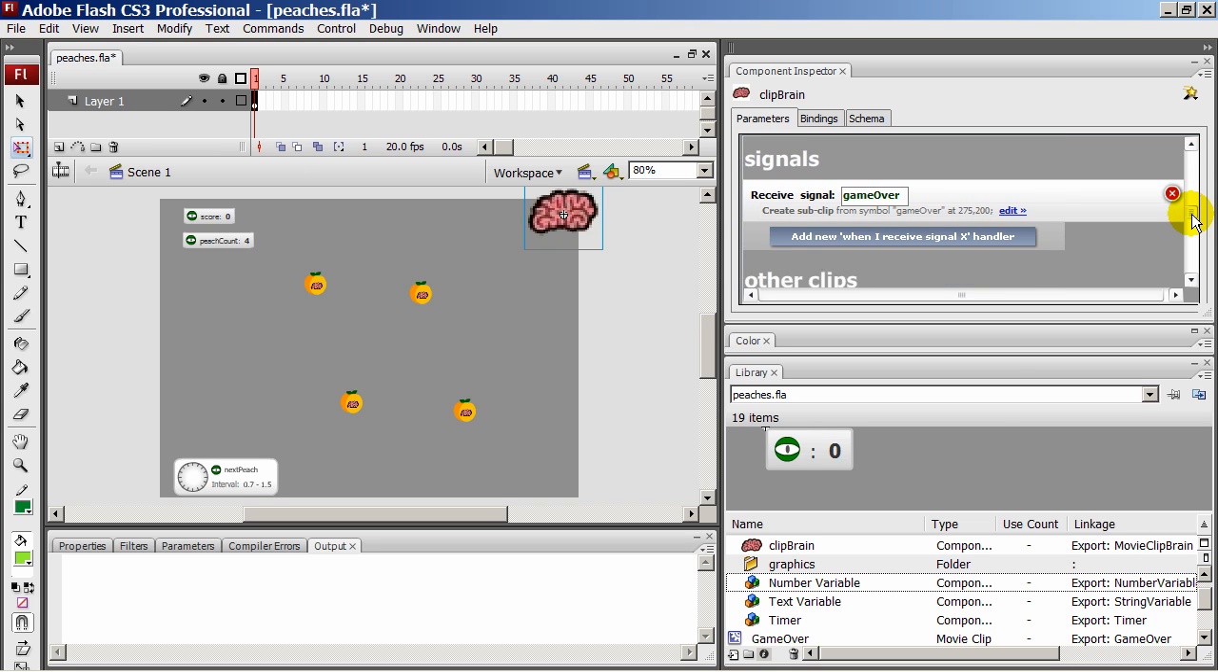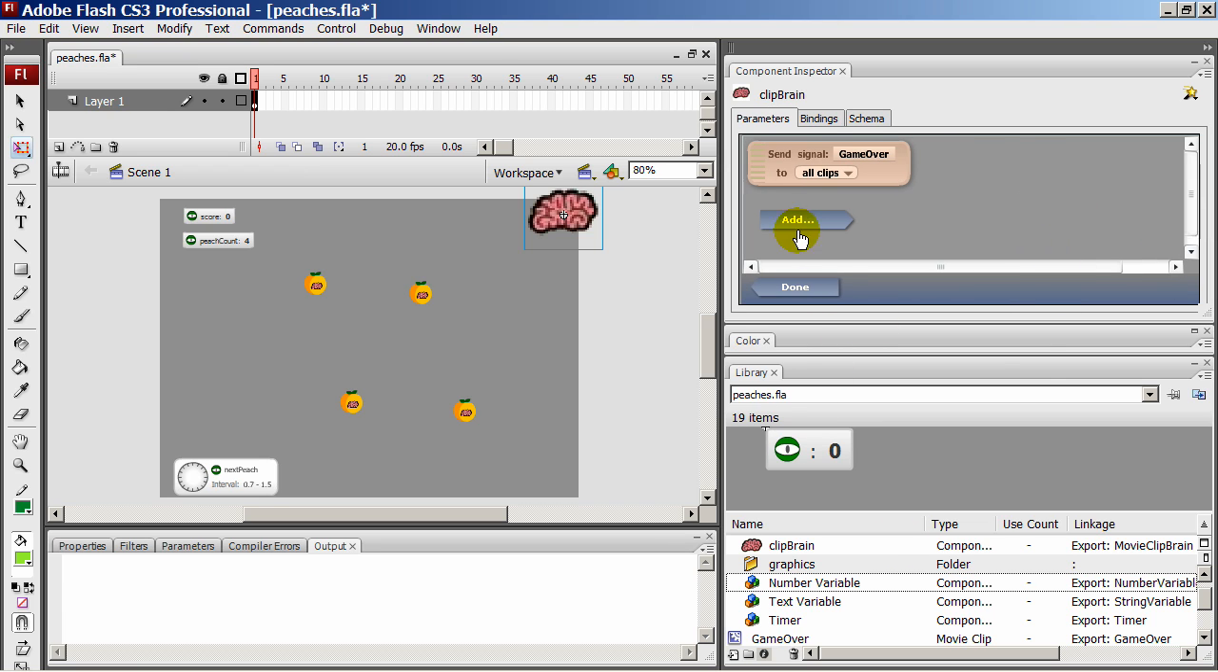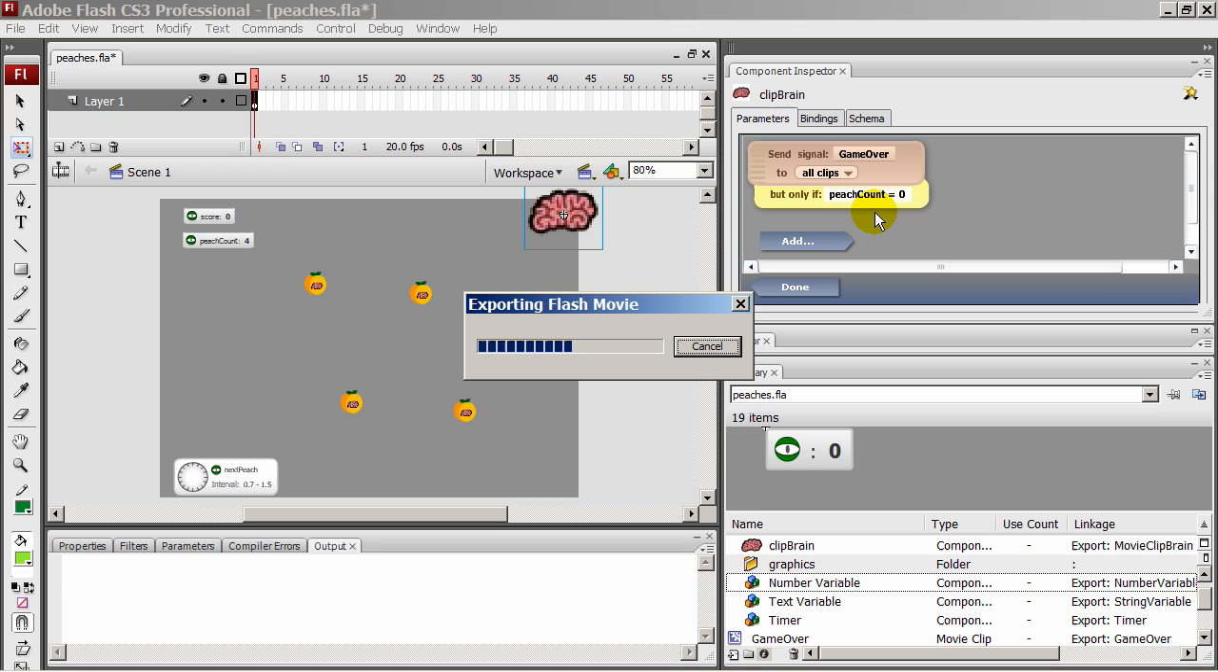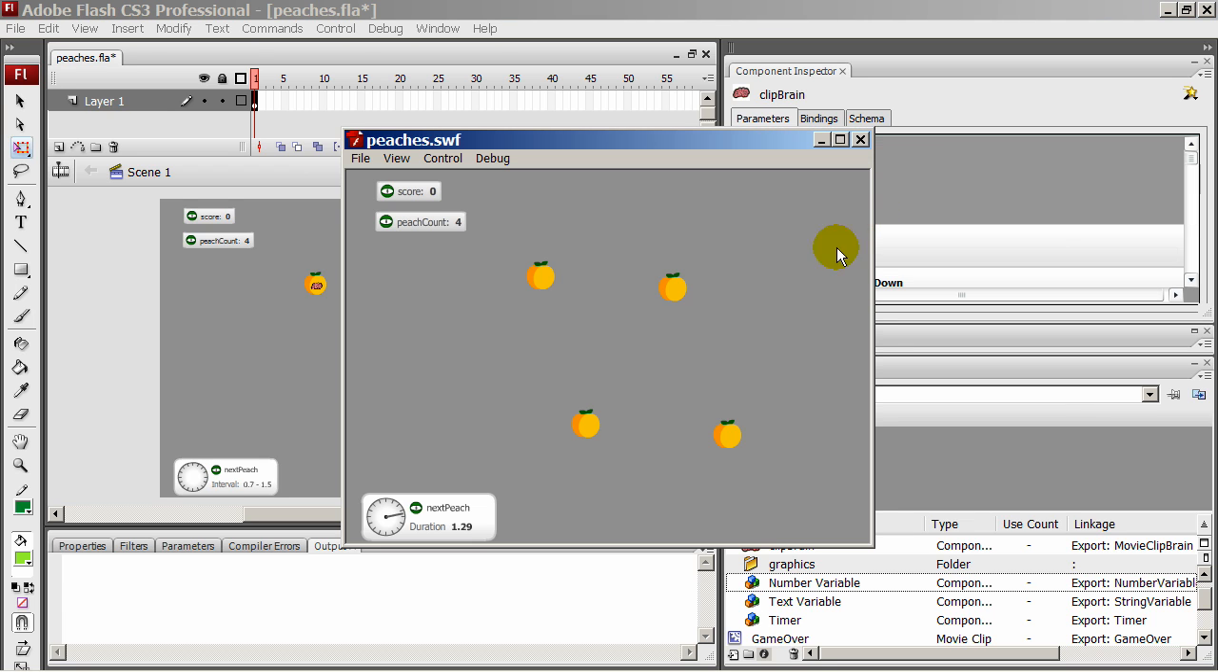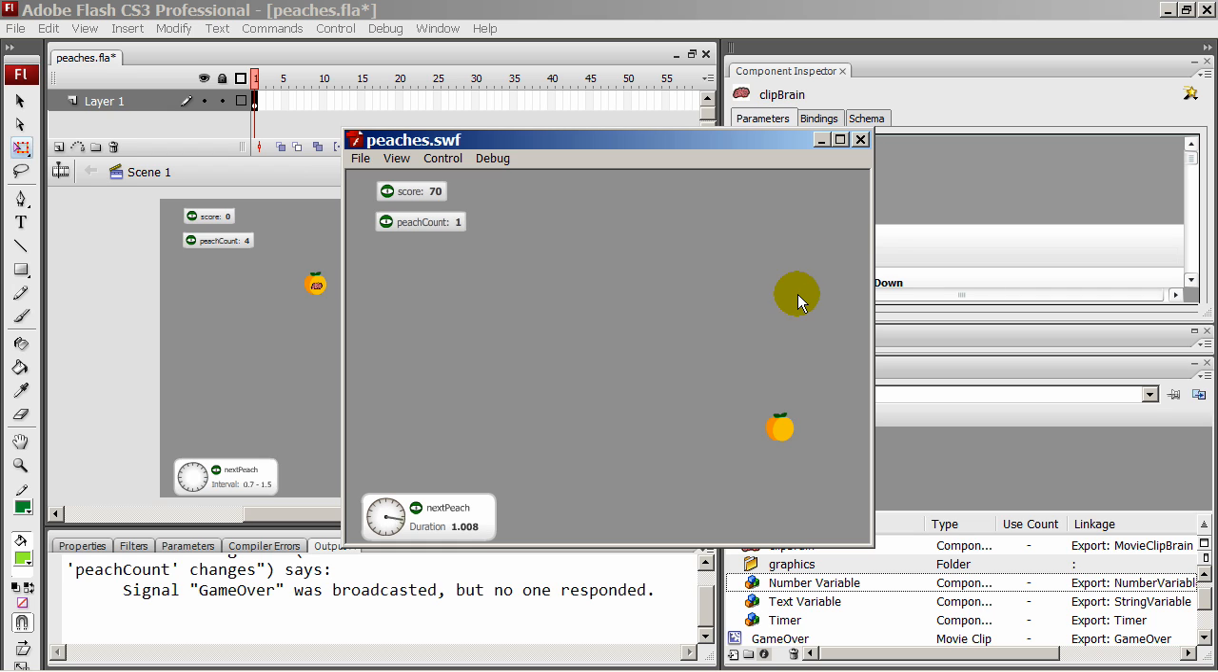Okay, and now for another ActionBlocks weirdness. We don't want to send this message whenever the peach count changes. We want only to send it when the peach count reaches 0. So I can make this command conditional by adding a condition to the command which says only executed when the peach count is actually 0. And this should give me a game that becomes interesting,